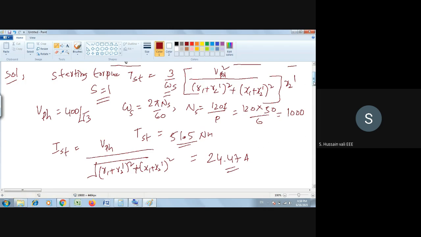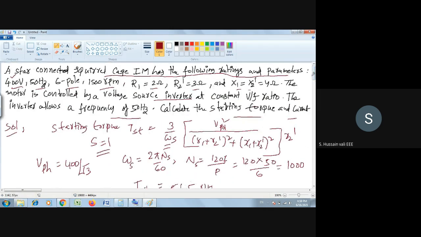To understand here, you should remember the equations of maximum torque, starting torque, and any other torques, such as full load torque and rated torque. If you can remember all these equations, you can easily solve this problem. Okay. So now